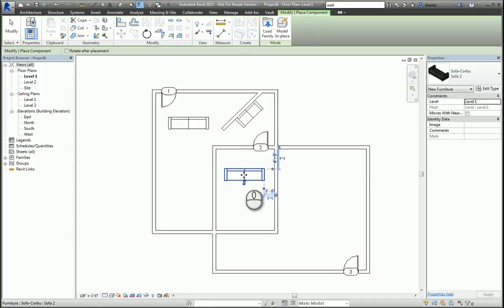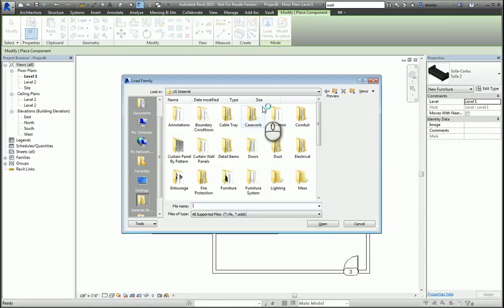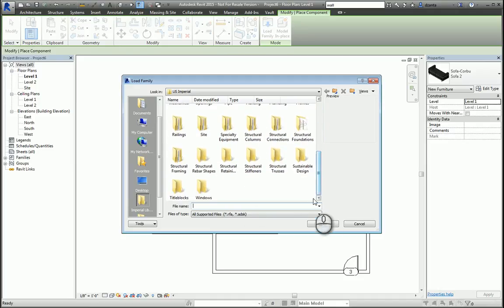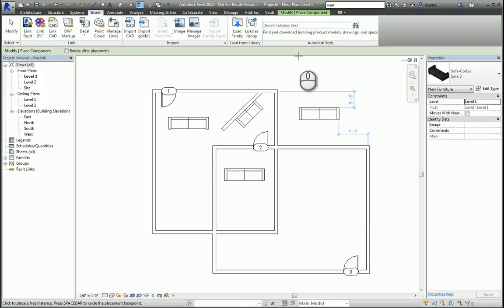When we take a look at placing the components and loading them in, you have a fairly decent library of many types of families that are available. If for some reason you don't have what you need, you can always go to the Insert tab, Autodesk Seek panel, and type in here something that you're looking for. For example, if I click Bike Rack,